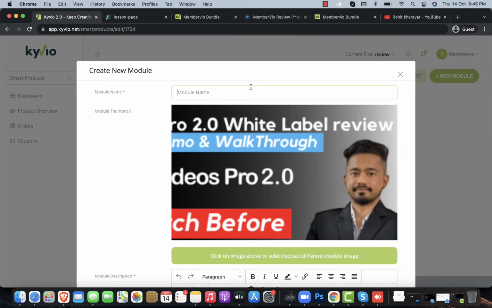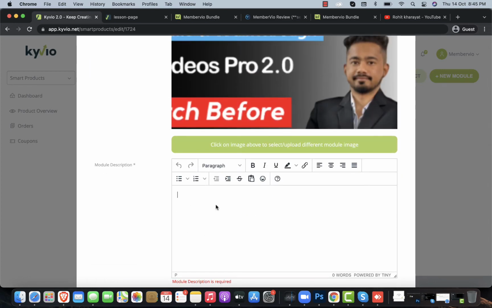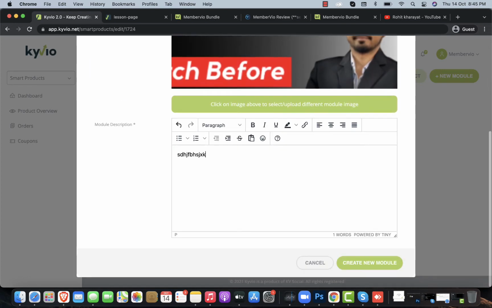So no worries about that, but I cannot show you fully how it is going to work, because the software has many things, right? So we just have to add a module. So digital module 1, and here I have to write something and just create this module.